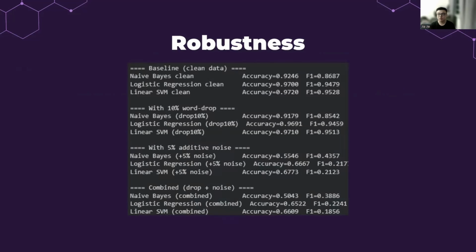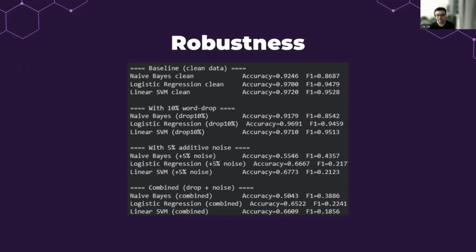So now talking about the robustness of each, we are using some real-world simulations that contain missing words and noisy data, in order to see what bleeds through into the inbox. When we randomly remove 10% of the words, all models still held up pretty well, telling us that they don't overly rely on specific keywords. However, with just 5% noise, which can include typos or corruption,